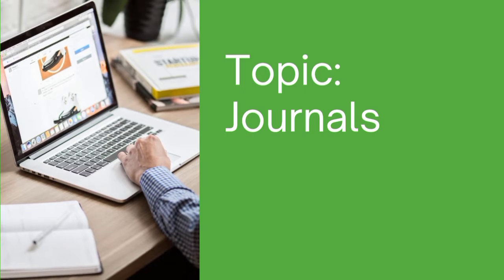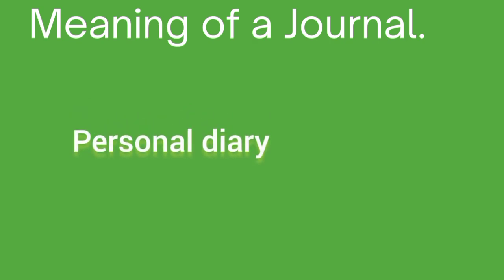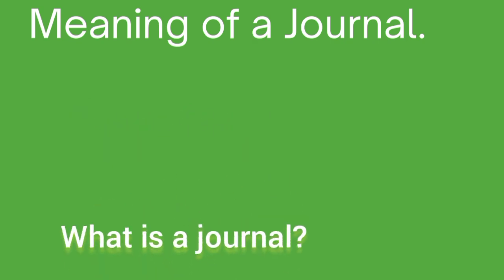Students, sometimes you have what is called a diary, where you record what happens. But in this case, we are going to see the meaning of a journal. It's a simple book of accounts in which all the business transactions are recorded before being posted to a ledger account. Just like you have your personal diary where you document whatever you want to document for your events, so also